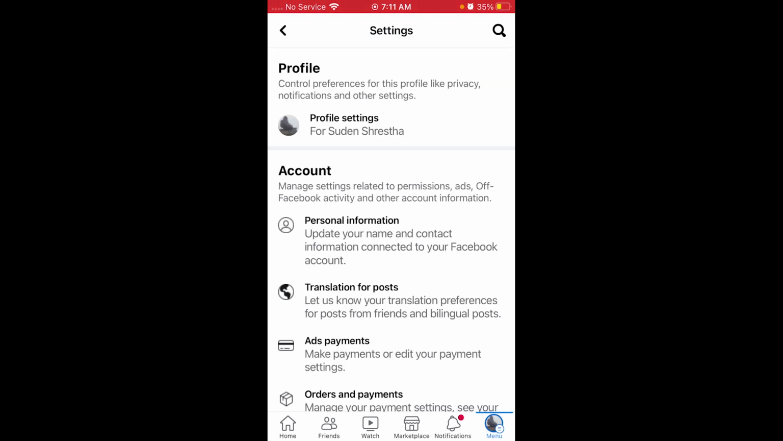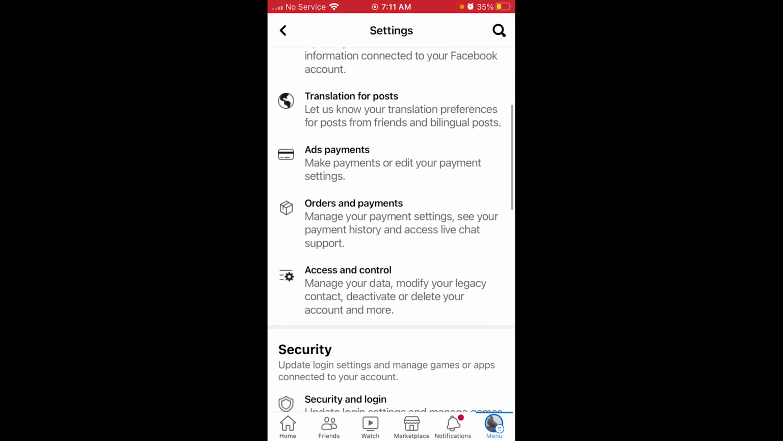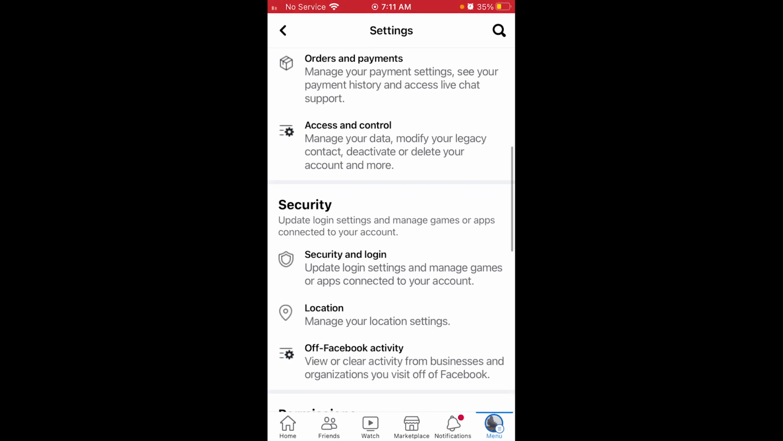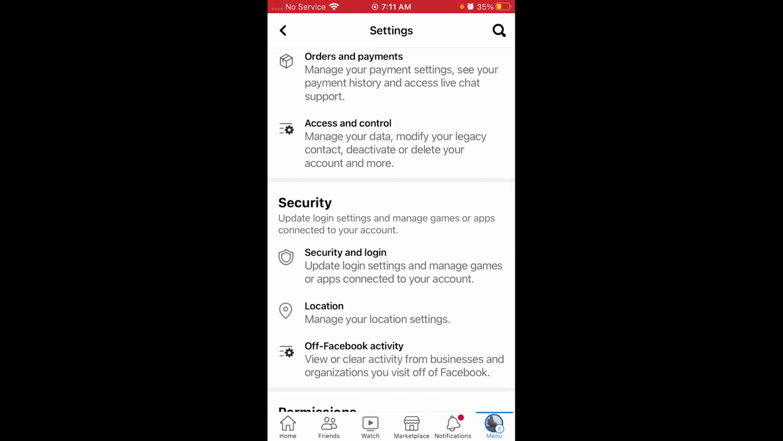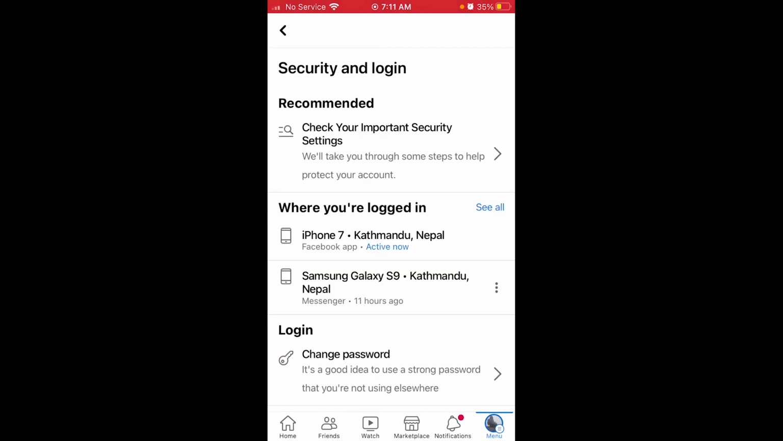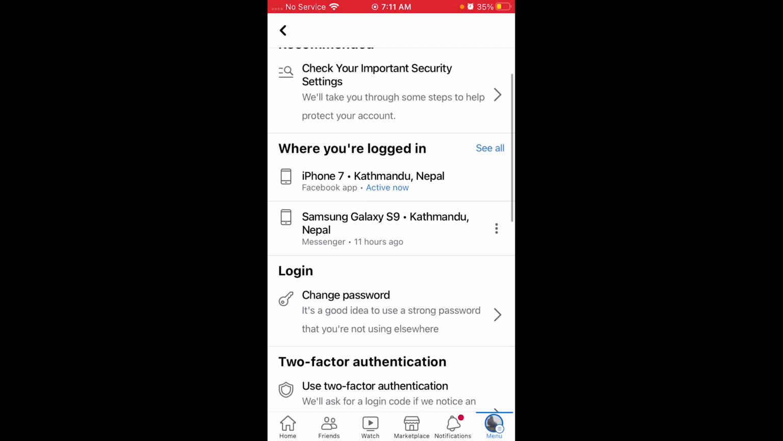options appear. Tap on settings again and scroll down guys until you see the security and login just below the security category. Tap on that security and login like this. And over here guys you can see all of your security and login options. So in order to change your password, over here you can see the change password option under the category of